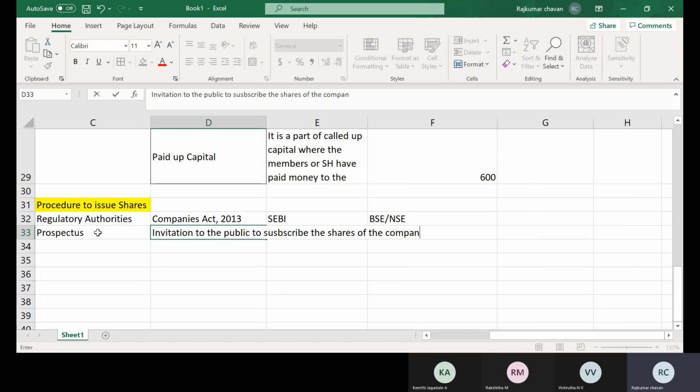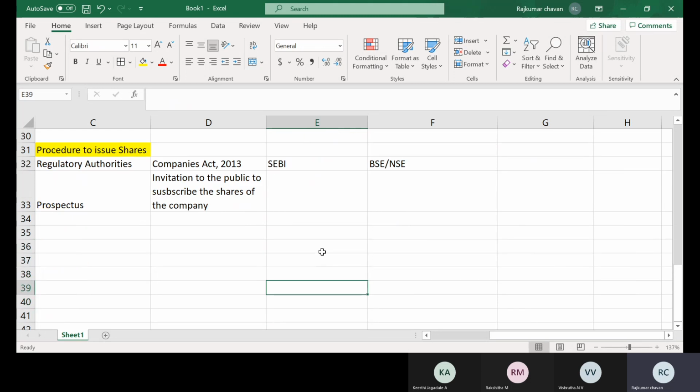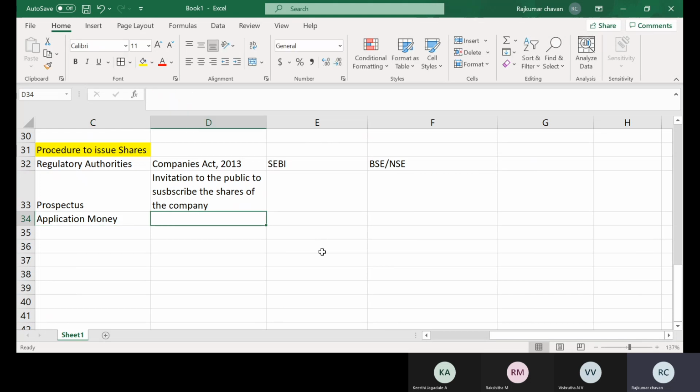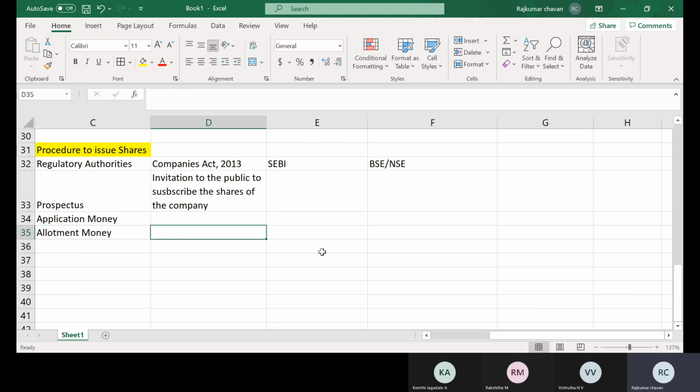Now PUC admission has started, degree admission has started. So all of the companies started with selling their prospectus. Same thing, company also will do the same procedures. They should have the prospectus, and then through the prospectus they will collect money. First they will start collecting the application money, and then based on that they have to collect something called allotment money, right? So they have to allot a certain number of shares based on how much the company has issued.